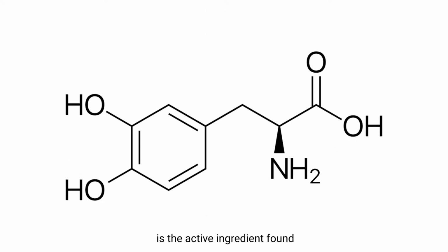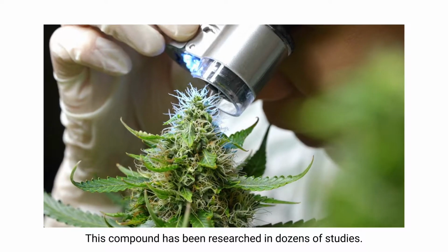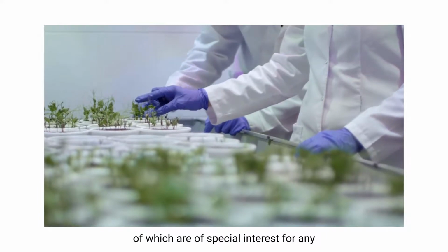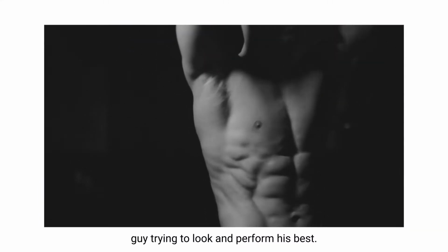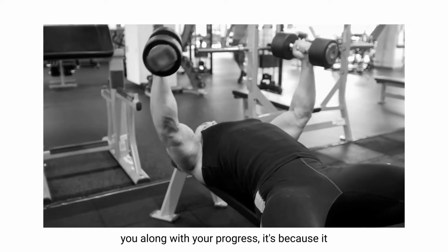L-Dopa. It is the active ingredient found in the Mucuna Pruriens plant. This compound has been researched in dozens of studies. It has a lot of health benefits, some of which are of special interest for any guy trying to look and perform his best. Now, the reason L-Dopa can help you elongate your progress, it's because it has three main